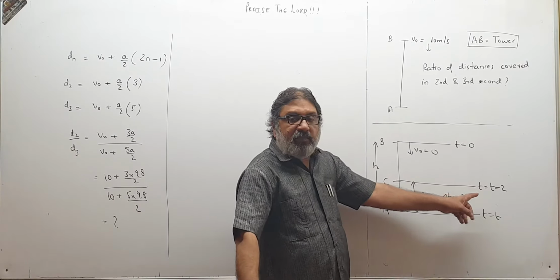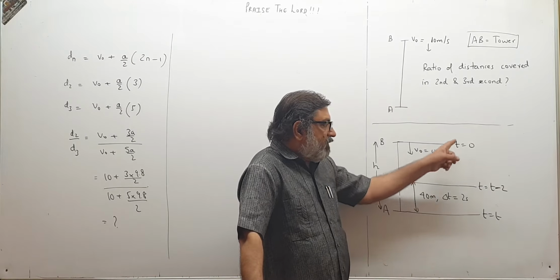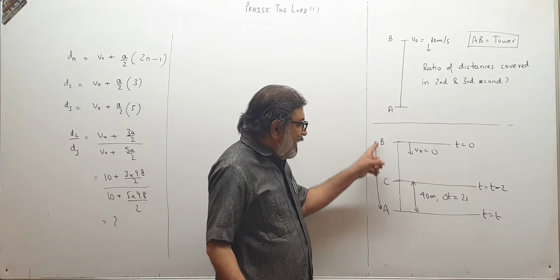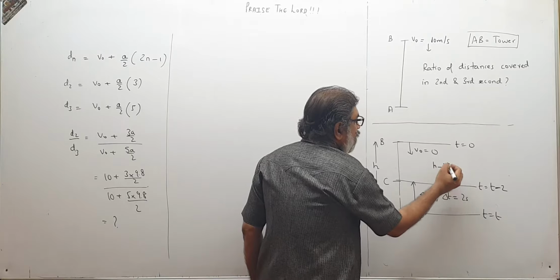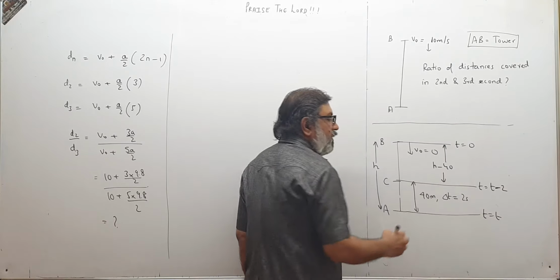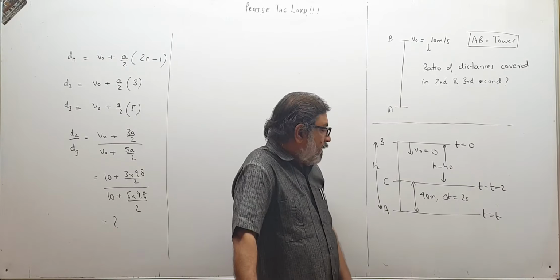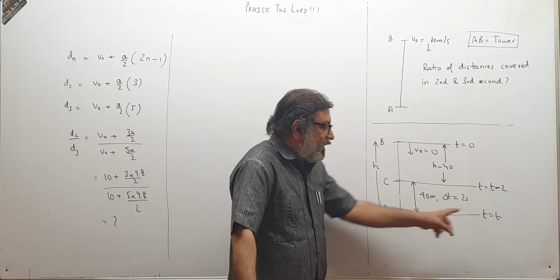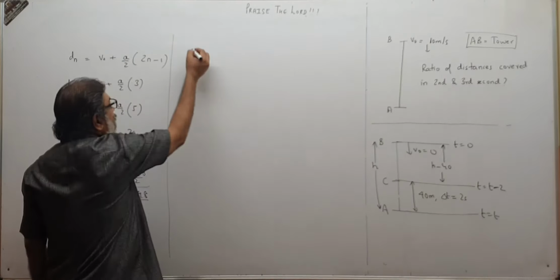So here what will be the time? t minus 2. So from here to here the body travels how much distance? h is the total height and this is 40. So this much height will be h minus 40, that I can make out. So h minus 40 will be travelled in t minus 2 seconds and full h will be covered in t seconds, that we can make out. So from B to C